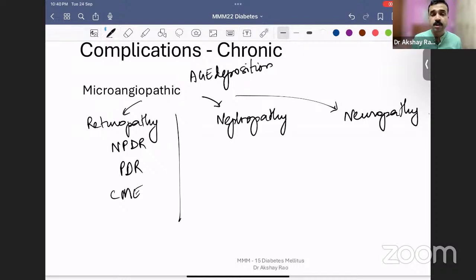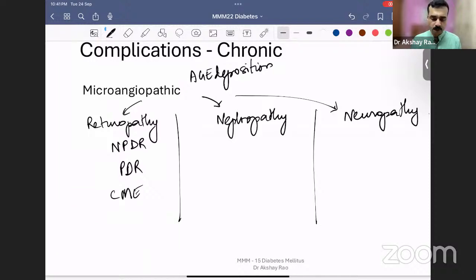Annual retinal fundus examination is necessary for all type 2 diabetic patients. All patients of type 2 diabetes should undergo an annual dilated fundus examination. Now, retinopathy. In non-proliferative diabetic retinopathy, there may be just a few cotton wool spots or retinal